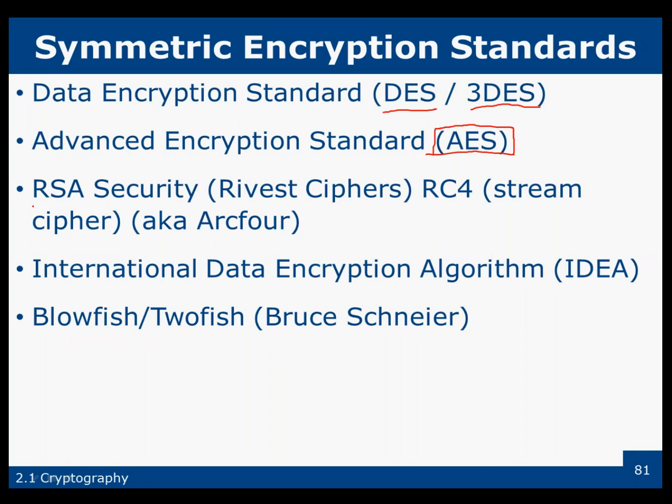RSA is Rivest Ciphers, and Ron Rivest is the R in this. He is a mathematics instructor at MIT. It's a stream cipher, and the rest of these are not, so we have a stream cipher here. Its strength depends upon the difficulty of factoring very large prime numbers, and that's the way it